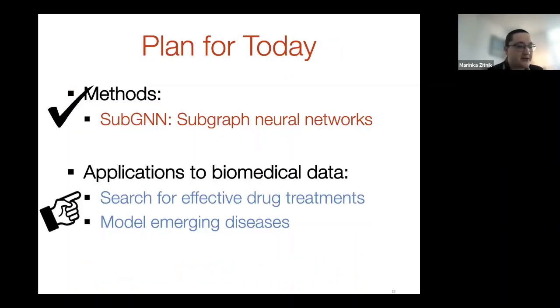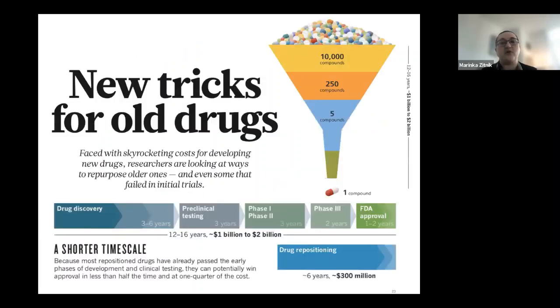Okay, so I'm actually almost running out of time, but if the organizers agree, I would spend the next 5 minutes just mentioning one particular application of these algorithms in the context of biomedicine, and then I'll wrap up from there. So the part that I will mention is the search for effective drug treatments, and how we can now use these methods that we have been discussing in the first part of the talk to identify promising